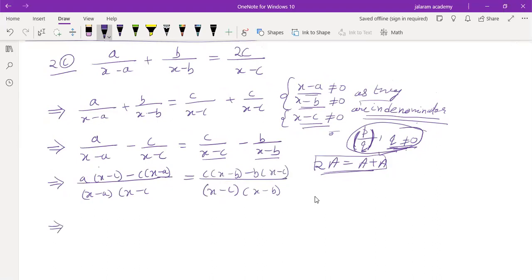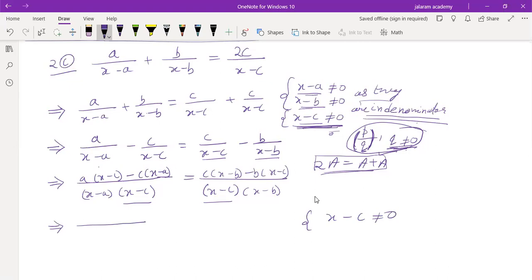Now I have told you that we should not cancel the terms containing x. Those factors which have x should not be cancelled out till it is confirmed that they are non-zero. But here it is confirmed that x minus c is non-zero. We have proved this in previous steps. So this time we can cancel this x minus c from both sides, and we can cancel only those which are non-zero. Is that clear to you? This is what I have told you in the previous sessions also.